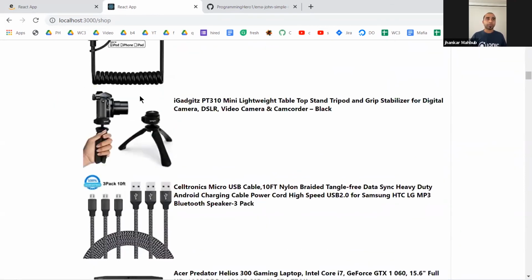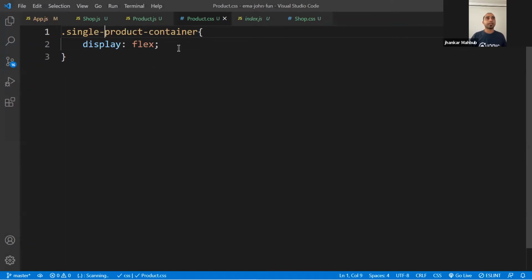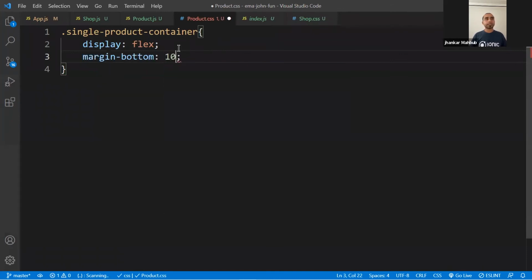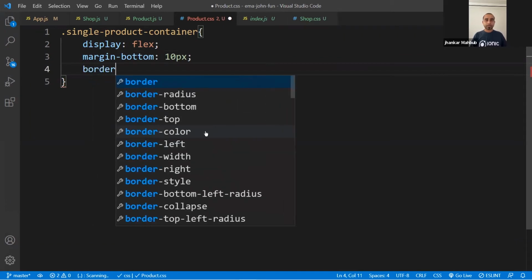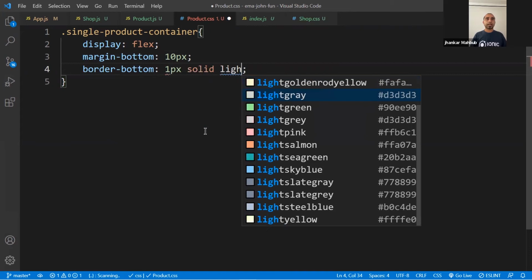Looks very reasonable, but you need to do a little bit of style, say some margin and padding, and that we can easily do. Say, for example, margin bottom is 10 pixels. So they are not next to each other. There is a gap. And if you want, you can do a border bottom, which will be 1 pixel solid light gray.